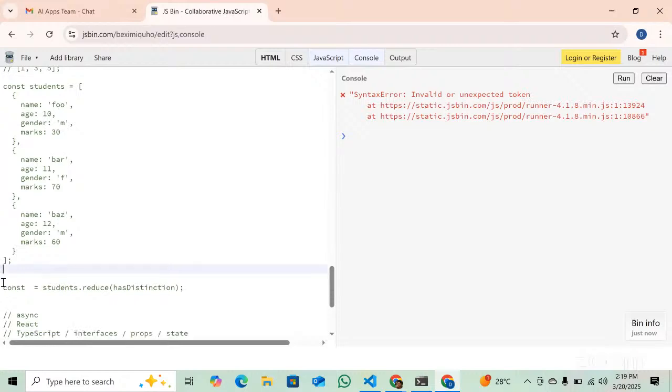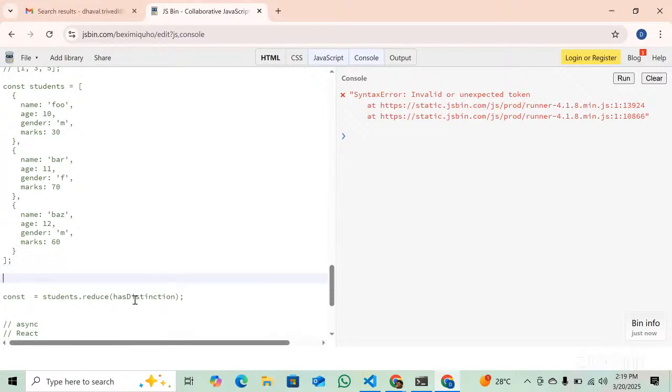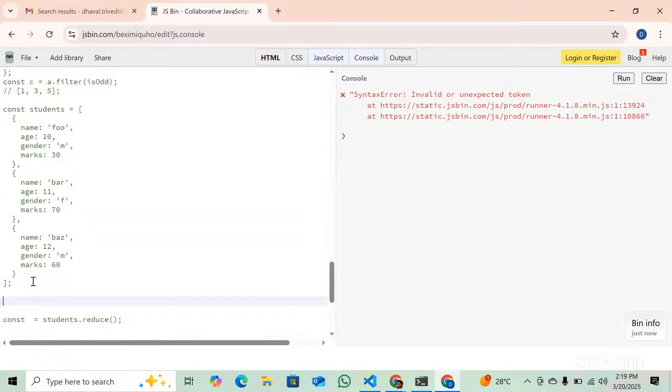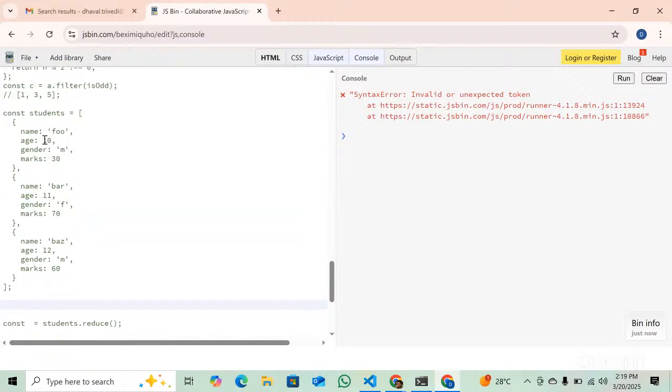Let's use reduce for that. Okay. What's the difference, Double G, between reduce and filter? Filter is filtering out the elements of the array based on a certain condition. Here, what I want is to sum the marks of students